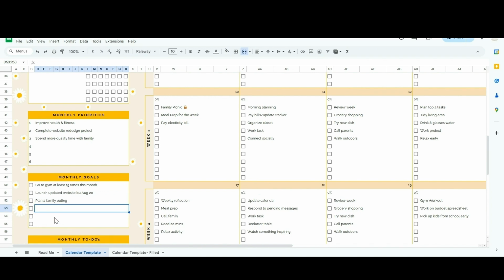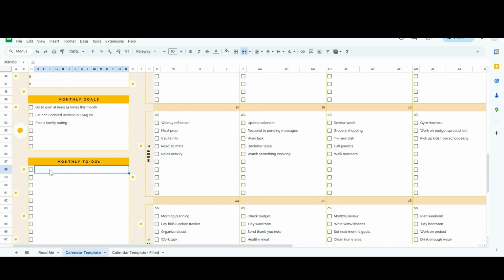Monthly to-dos. These are important tasks that don't have a fixed date, but must be completed this month. For example, renew car insurance, organize home office, update LinkedIn profile,